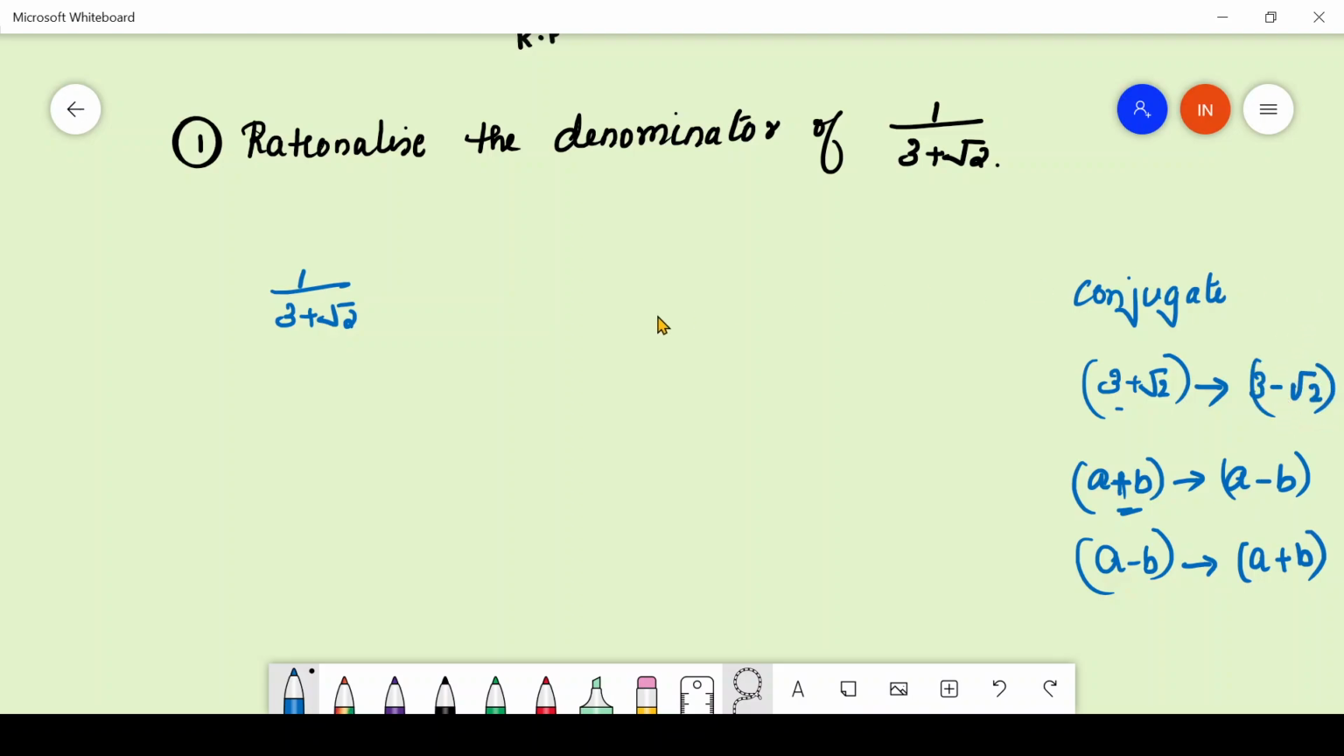So now we got the conjugate of the denominator, and the next step is to multiply the numerator as well as the denominator with this conjugate we got. That is 3 minus root 2 with the numerator as well as the denominator, right? Now let's see whether the denominator is changing to a rational number. So here you got the numerator 3 minus root 2. What will be the denominator? That is a plus b